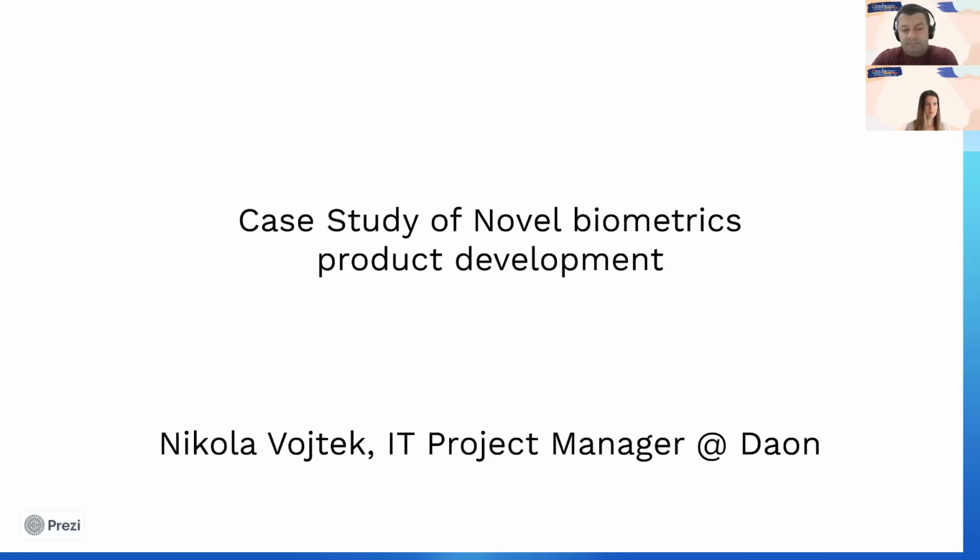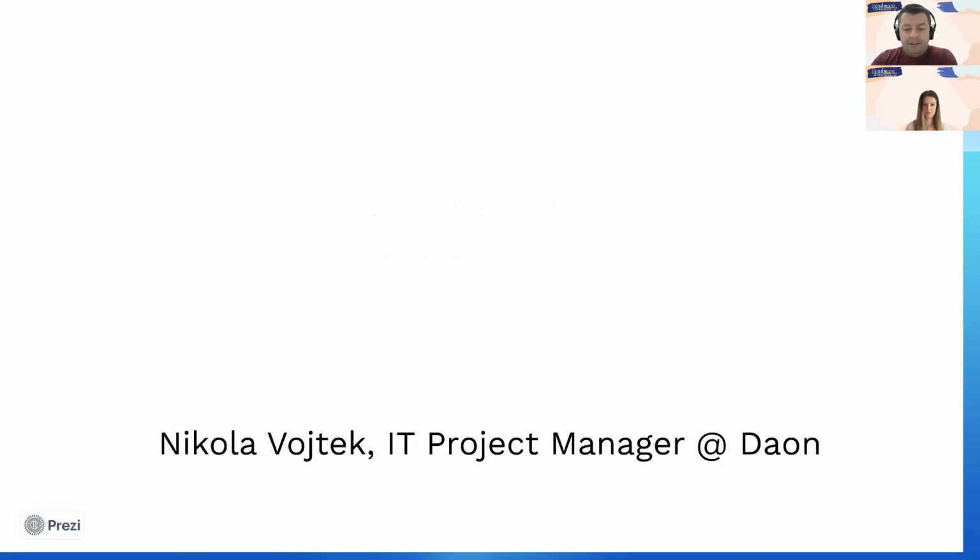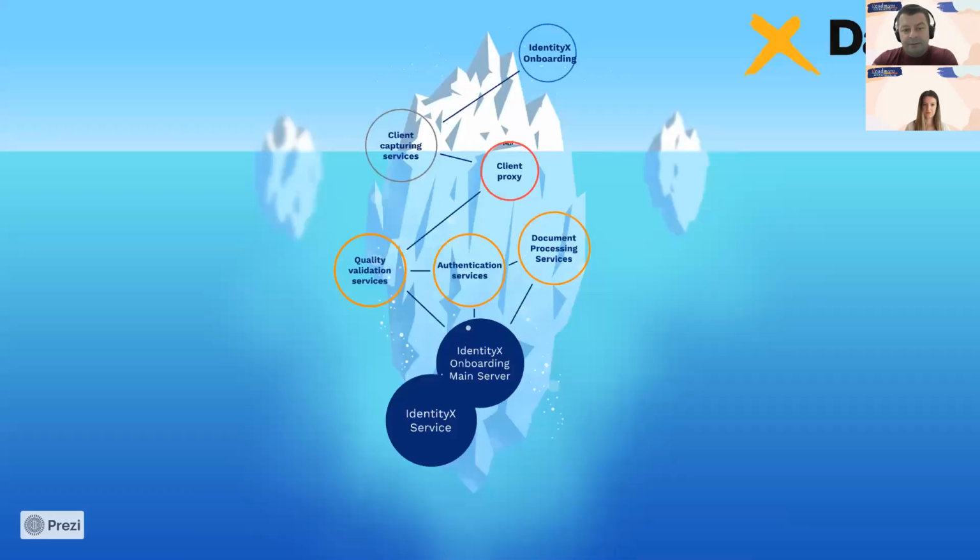From my side, I'm the IT project manager in Down. I'm working on developing the onboarding services. Those are the services, for example, when you want to create an account in the bank. Those are all the services working in the background, enabling you as a potential client of the bank to go through the whole process end to end and open the account. So in terms of this case study that I will show you here,